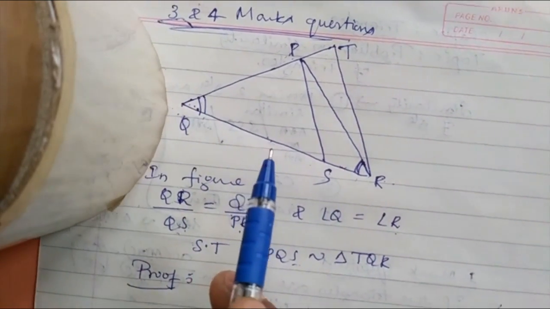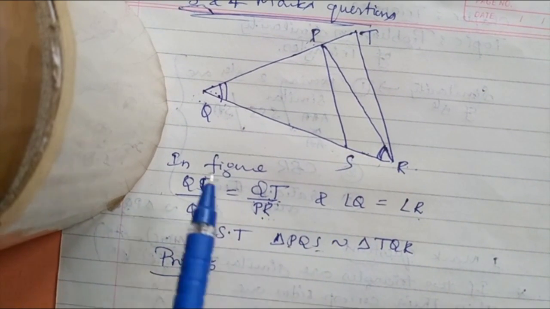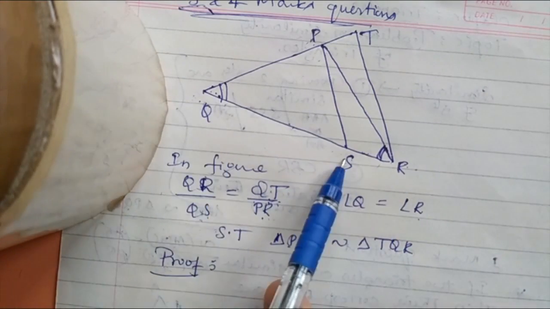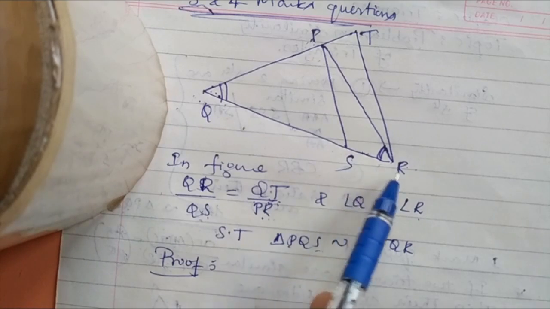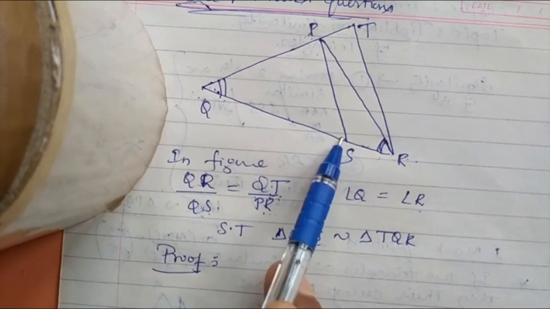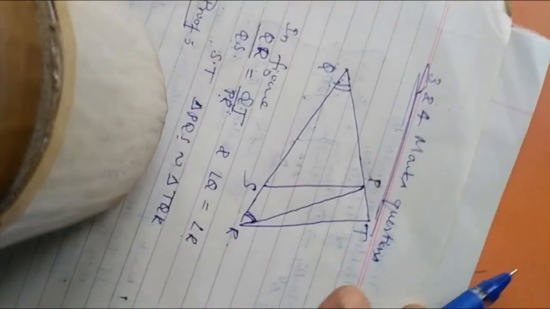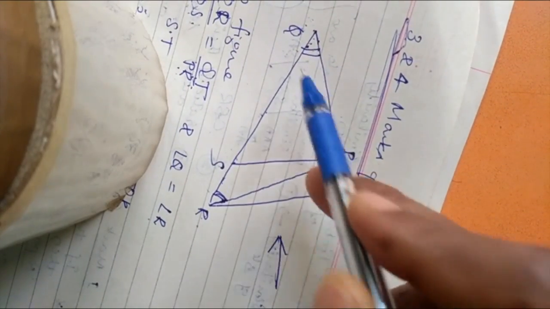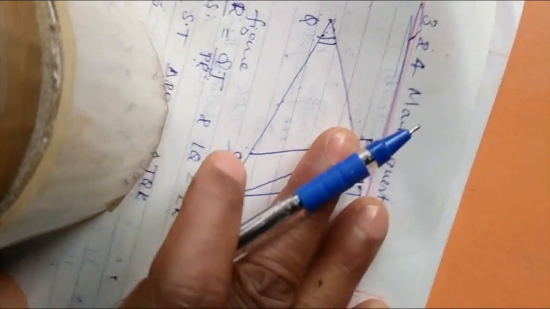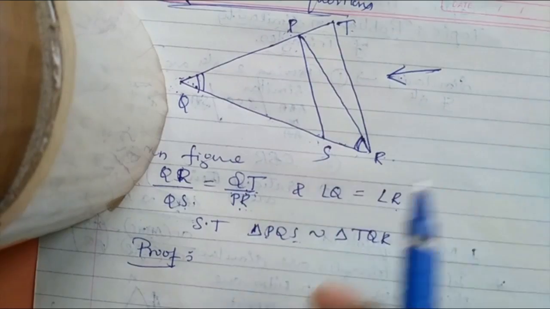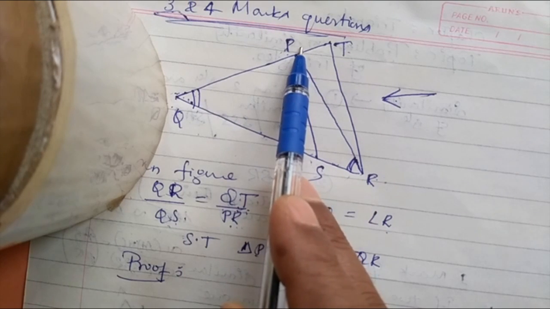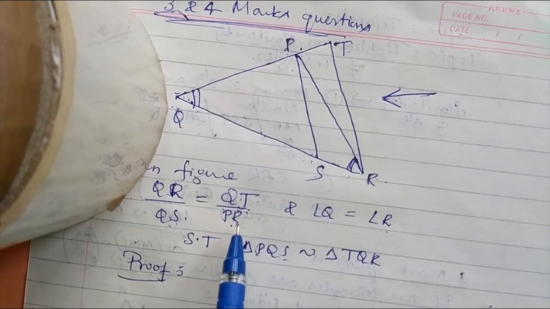There are 3 ways of writing BPT results, as you know. One is top part by bottom part, QS by SR, QP by PT. Another one is full and top part, full and bottom part. So here which method are they following? QR is the full, QS is the top part. When we observe the diagram from this side, QR is the full, QS is the top part. Similarly on this side, QT is the full, the top part is QP. It should be QP. But what they have done, QR and QS both are correct, but on that side it should be QT by QP, but they have given PR. Yes, the problem has occurred.